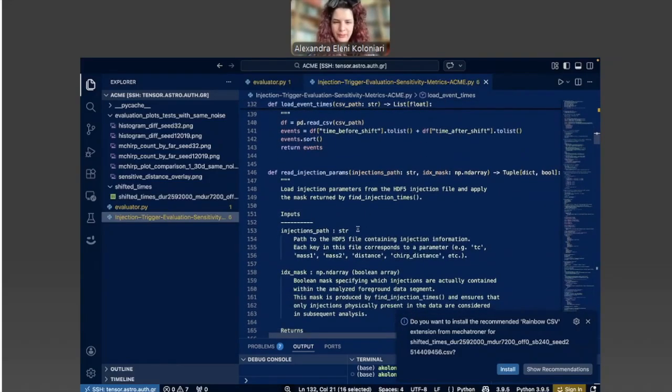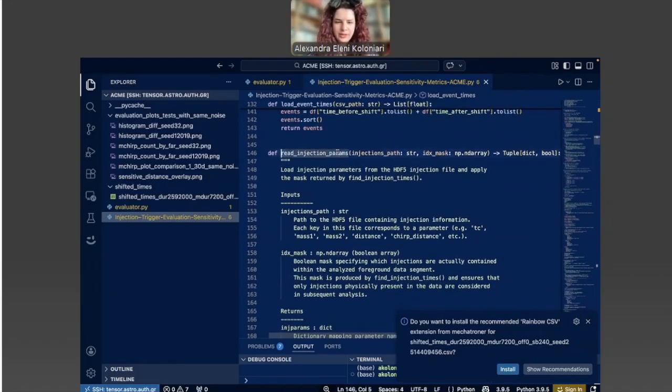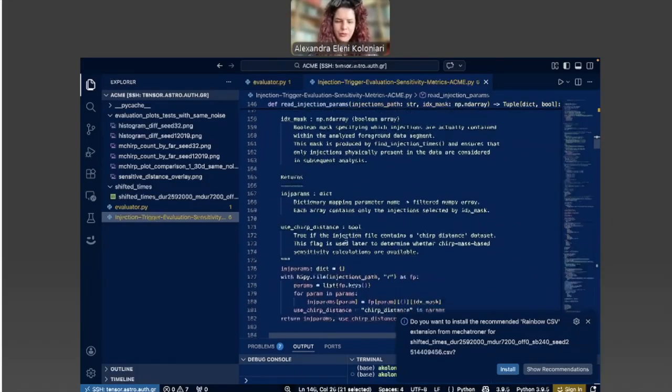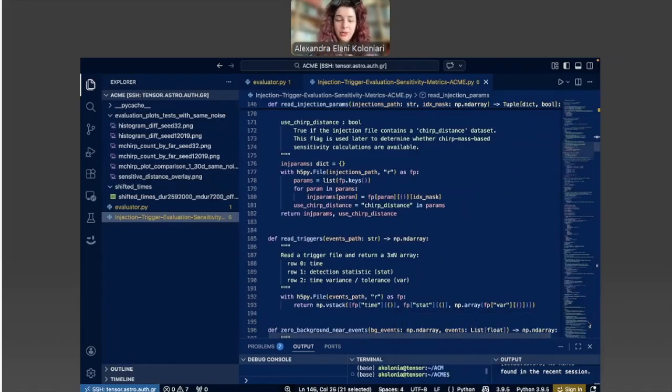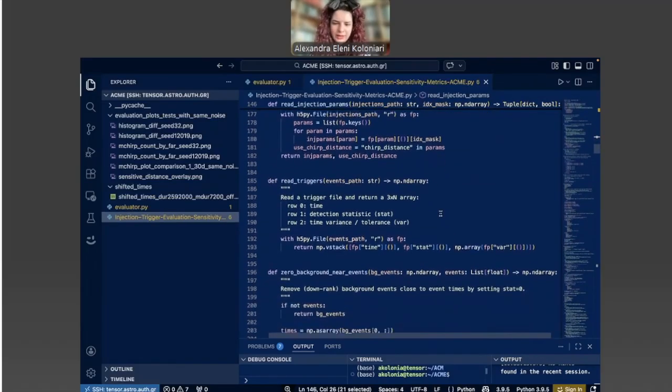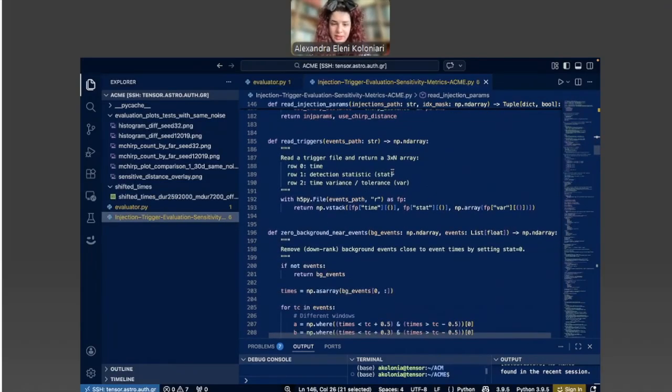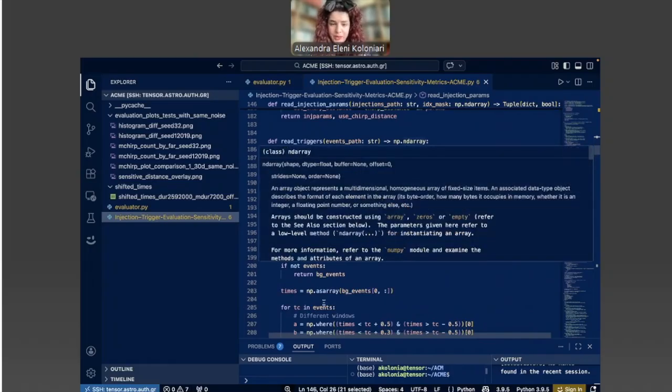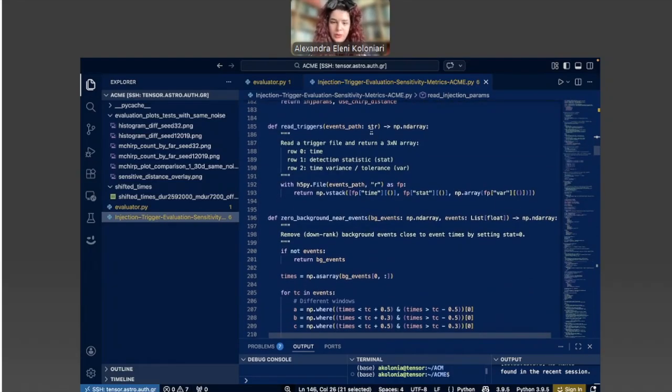This is what we see here. And then we read the injection parameters, which we'll use because, as I mentioned before, in order, for example, to create the sensitive distance, we would need the chirp distance, and we also will find the chirp mass in here. Here we do read the files.